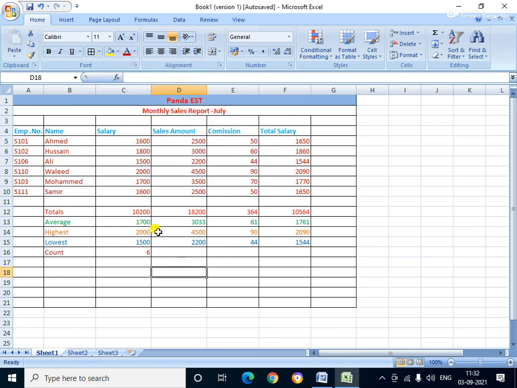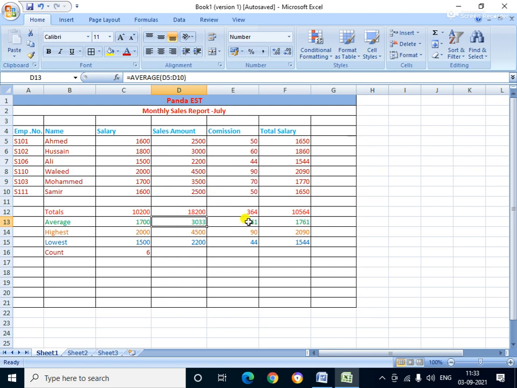So I'm going to explain the average function: equal to AVERAGE, and C5, this is the cell address, C5 to C10, and the average here is 1700. You see here the average is 1600, 1700. So this is the average. And here the average is 3033, means the maximum numbers are between 3000 and 4000.